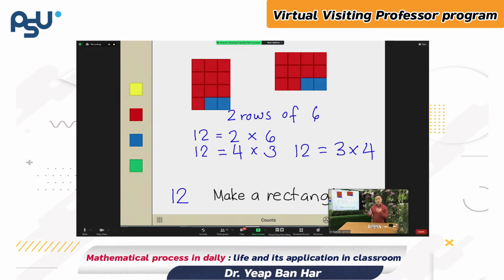So some of you say, we think it's different. But some of you say, we think it's the same, because you can rotate one, and it will look like the other. But I leave it to you, okay? To decide whether you want to think 3 rows of 4 and 4 rows of 3 to be the same or not.